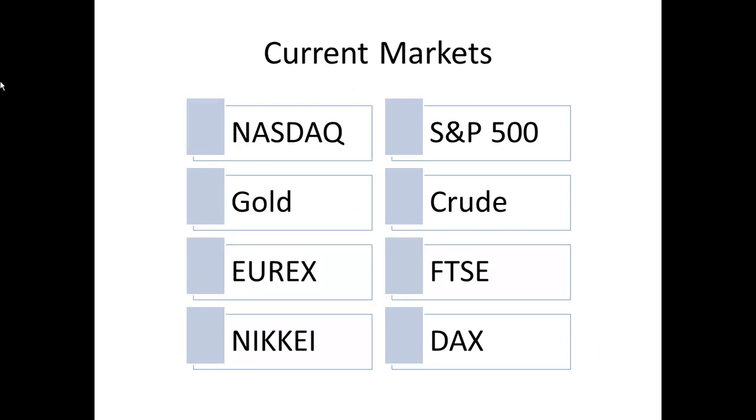Also, every trader has a tendency to misjudge points of market entry. With C67's ability to read market sentiment, it can greatly assist a trader in preventing premature entry into market tops or bottoms. C67 is currently available for the following markets: NASDAQ, S&P 500, gold, crude, Eurex, FTSE, Nikkei, and the